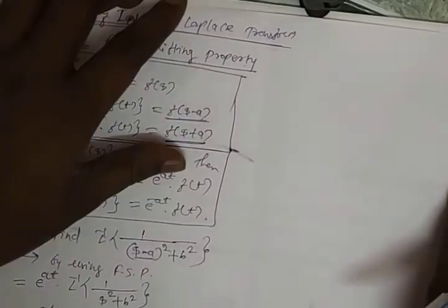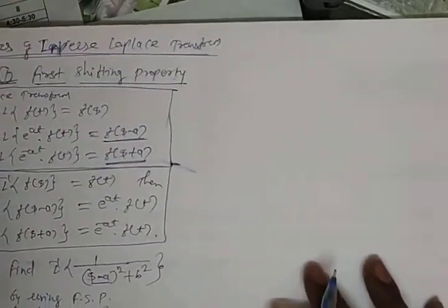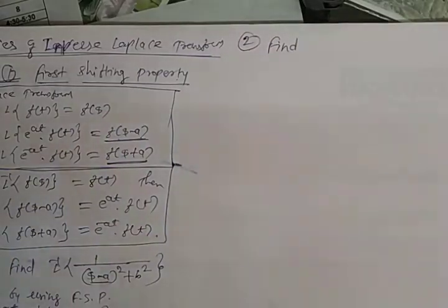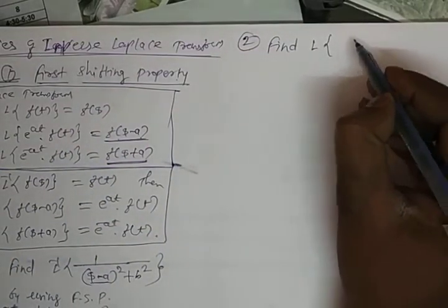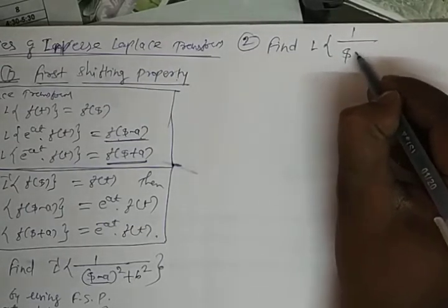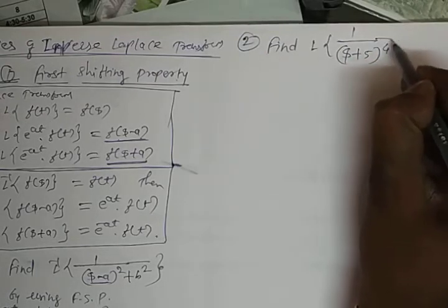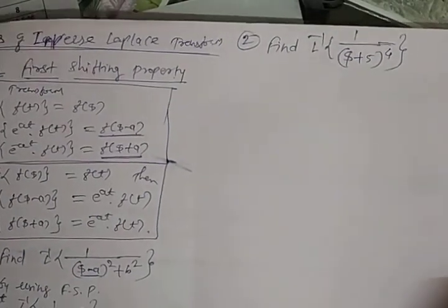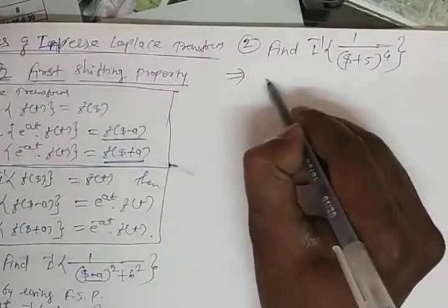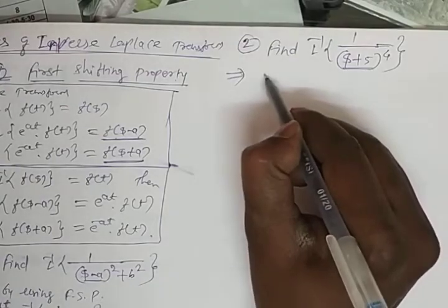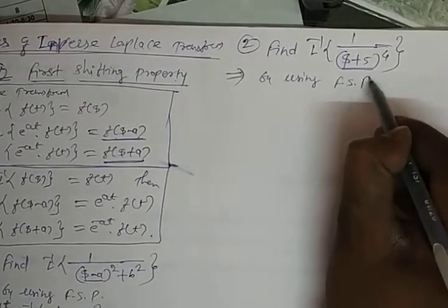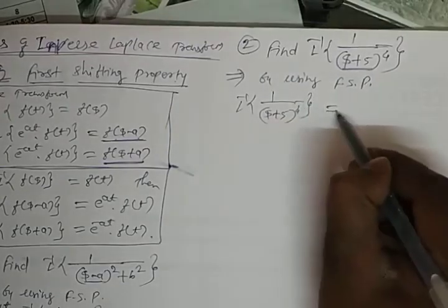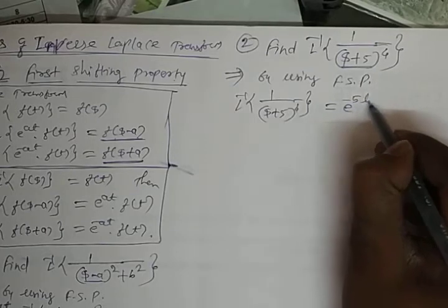So now let us take another example. Example number 2: find Laplace inverse of 1 upon (s plus 5) raised to 4. If you observe this, there is s plus 5, and therefore by using the first shifting property directly, Laplace inverse of 1 upon (s plus 5) raised to 4 can be written as, we have to take this plus 5 outside, so e raised to minus 5t